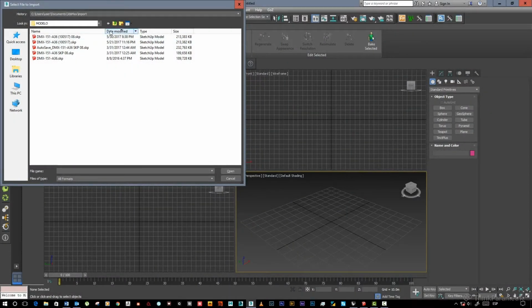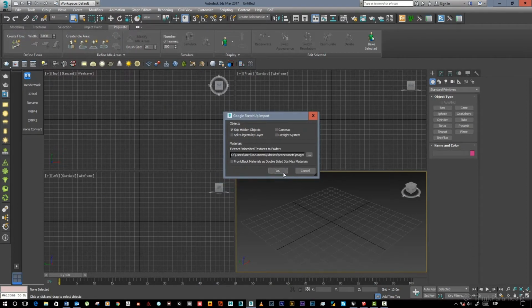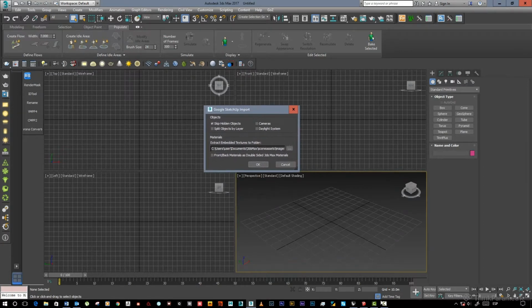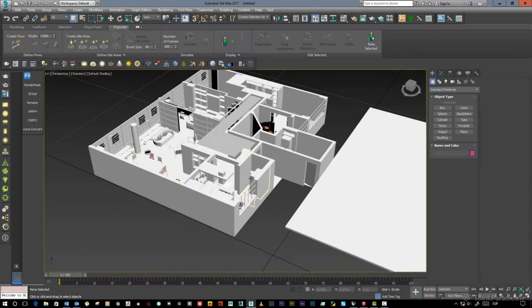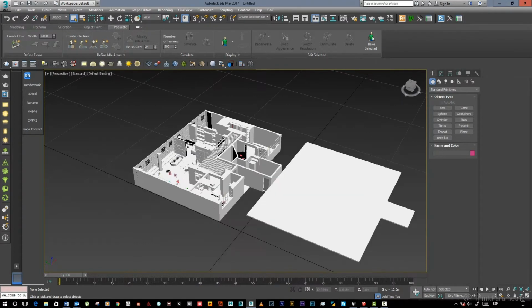As I told you before, we only needed to save in version 8 the model that we got from our client. So I did that, and we're gonna be just skipping hidden objects. So let's import that into Max and let's see how it goes. This is the import mode from SketchUp directly into Max, and well, as last time, we're going to be cleaning it up. So the first thing is to select all the curves and delete them.